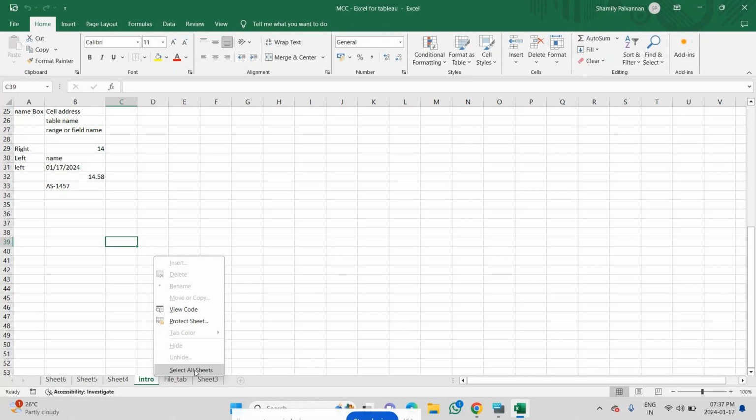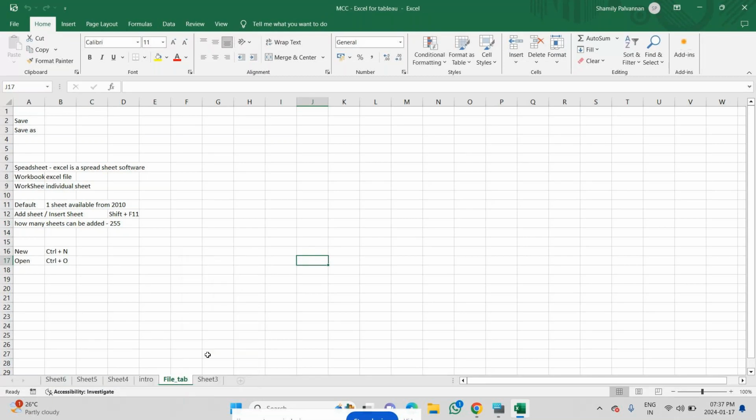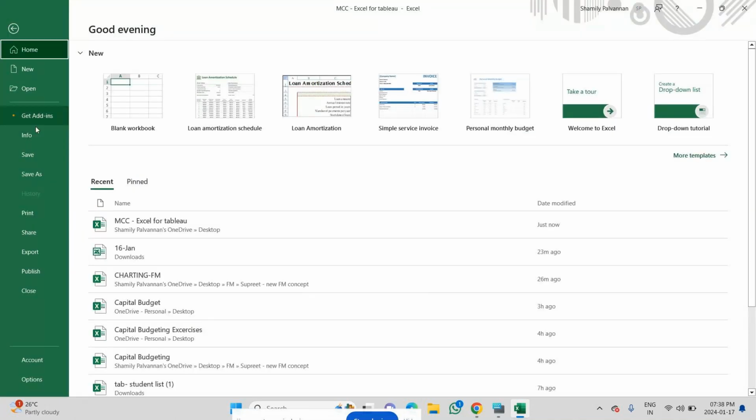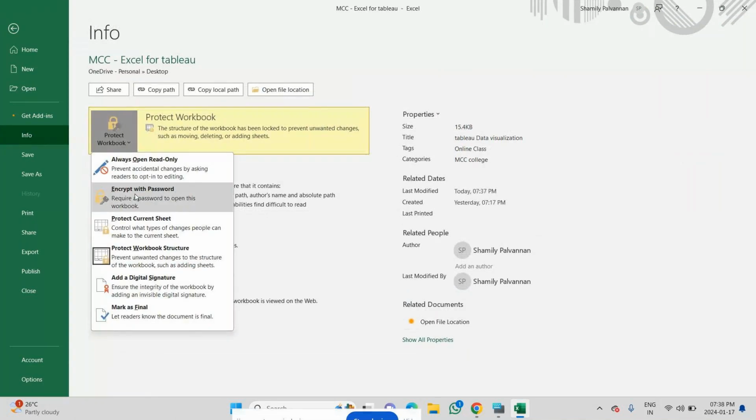Select all sheets. So it has been selected. But can we try to rename now? No. We are not able to rename this. Again, I'll go here. Ungroup the sheets. Done. So like this you can use this option. Other than protecting a sheet and encrypting a password for the entire file, this Protect Current Workbook, Protect Workbook Structure, you will find in